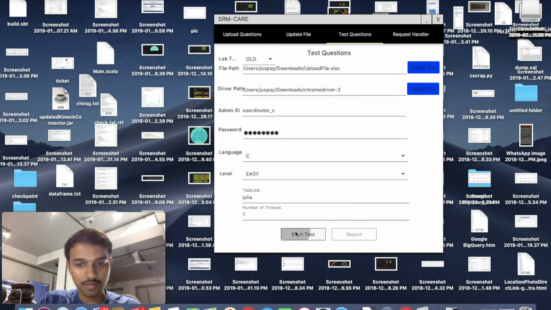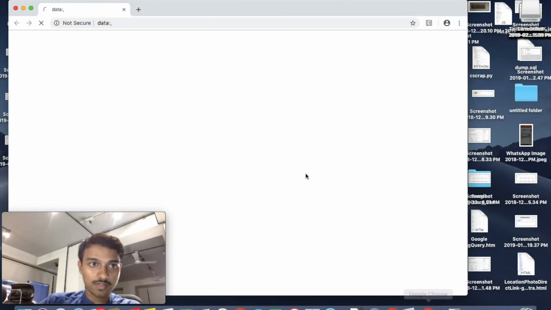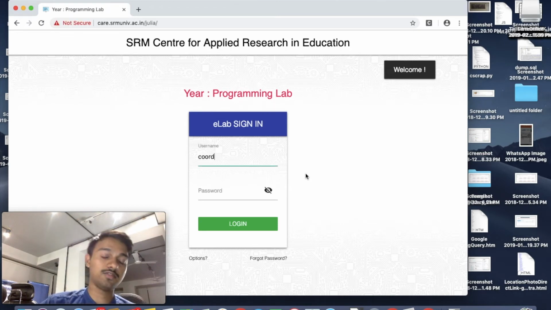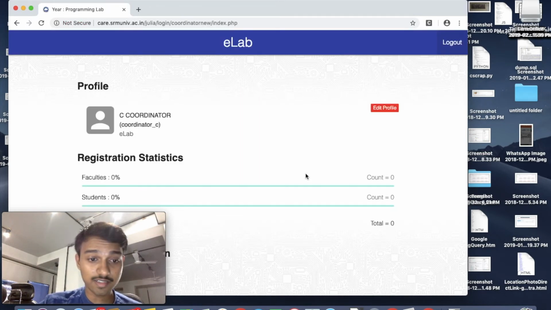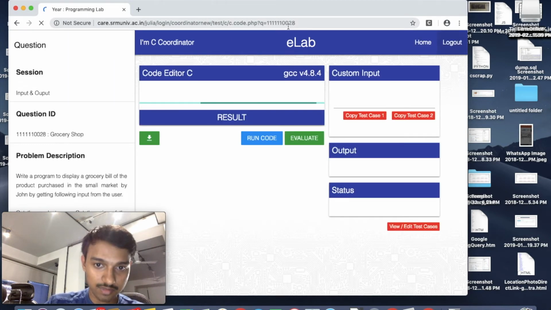Oh, I only gave one thread. Oh, that is fine. I already showed you how multi-threading works. So now this thread will open like it did in eUpload, and the credentials go to that specification. Now the question ID comes into play. See, this is the question ID, so we can directly navigate to that question instead of clicking through. And now,